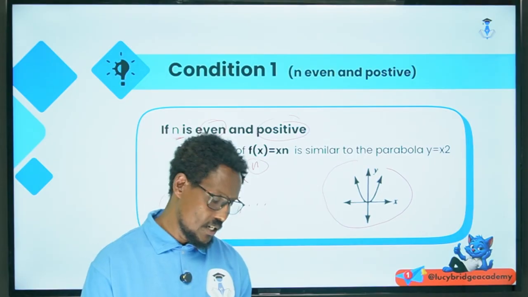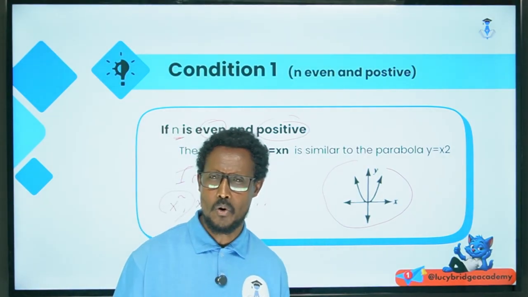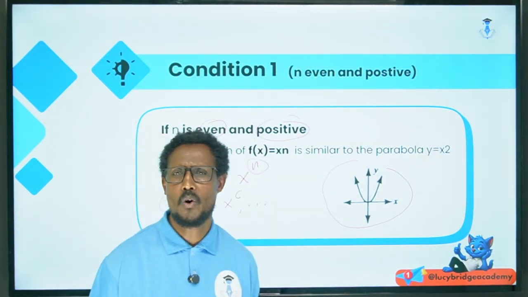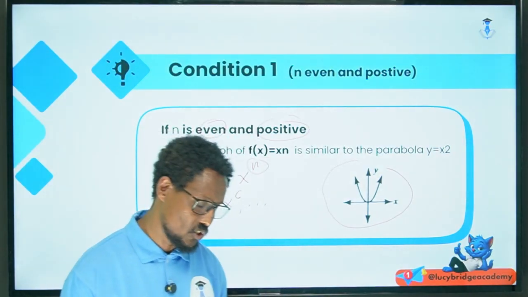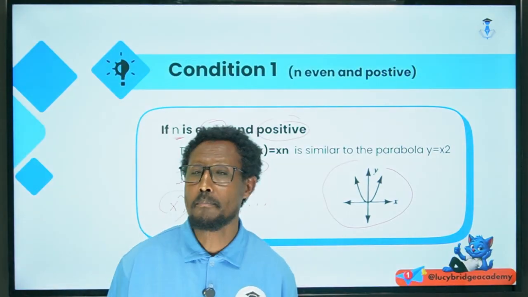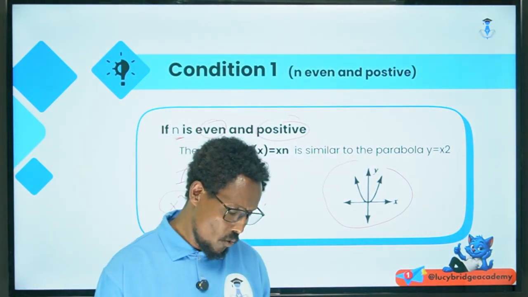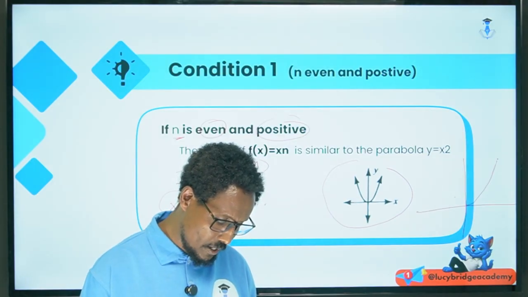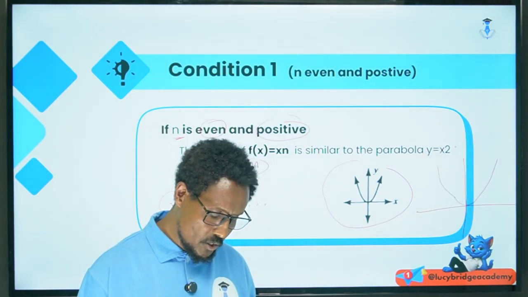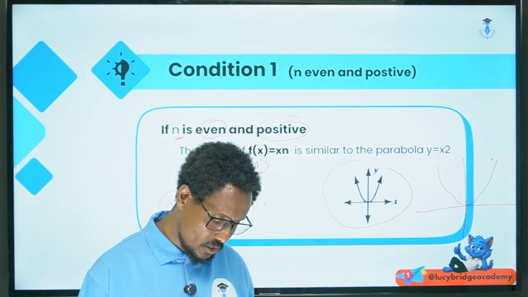So አሁን ልክ እንደ x square, x to the power of 4, x to the power of 6, x to the power of 8, x to the power of 10, x to the power of 12 እያልን እንቀጥላለን። እነዚህ በሙሉ ተመሳሳይ ካራክተሪስቲክስ አላቸው ወይም አንድ አይነት ፕሮፐርቲ ወይም ባህሪ አላቸው ማለት ነው። ሁሉም ግራፋቸው የዚህ አይነት ነው ማለት ነው። okay? The graph is an upward parabola. የተወሰነ ልዩነት የሚኖራቸው አንዱ ከላይ አንዱ ከታች የሚሆኑበት ኬዝ ይኖራል።